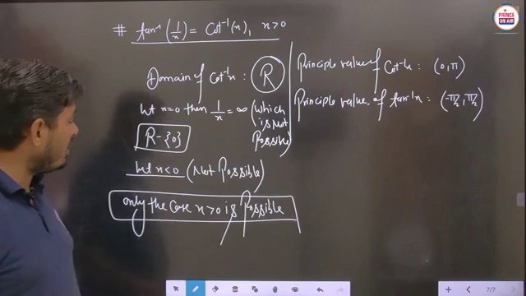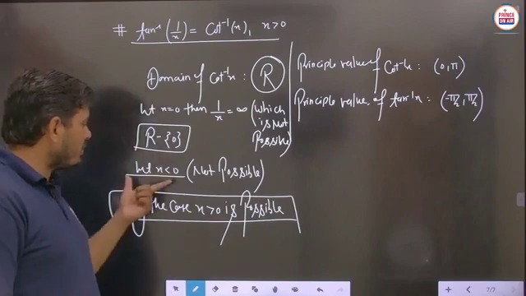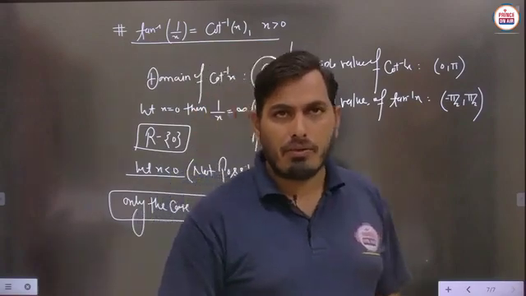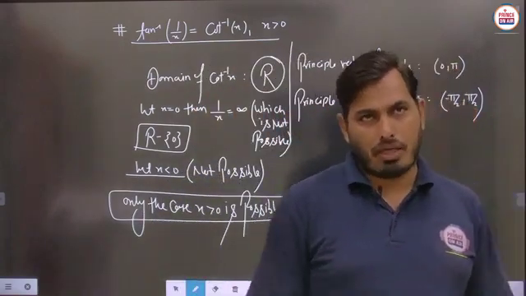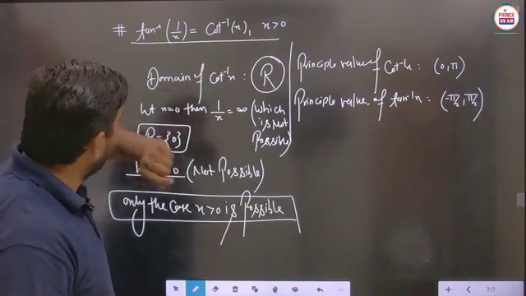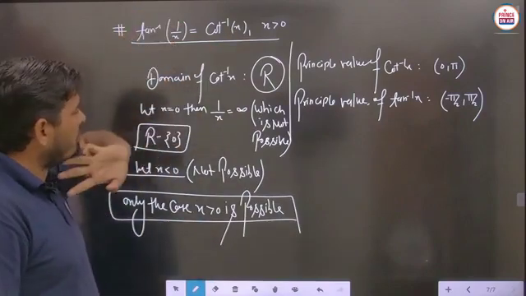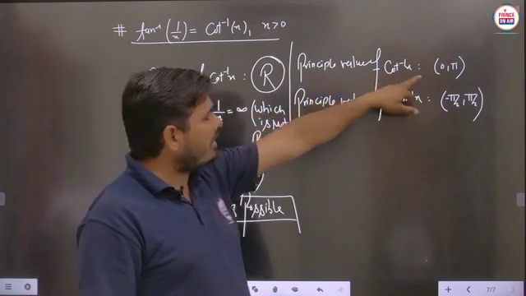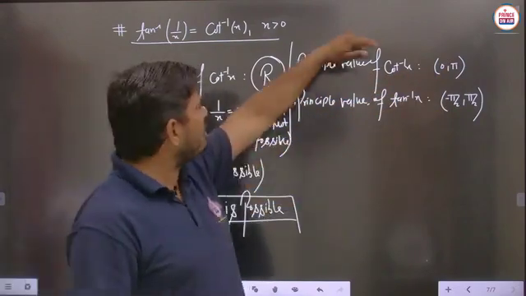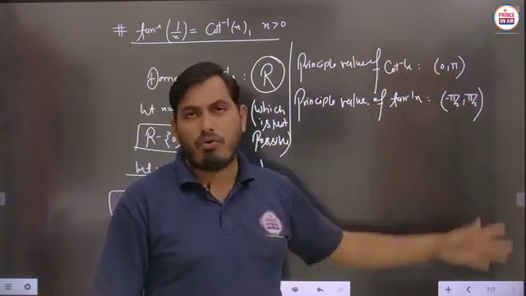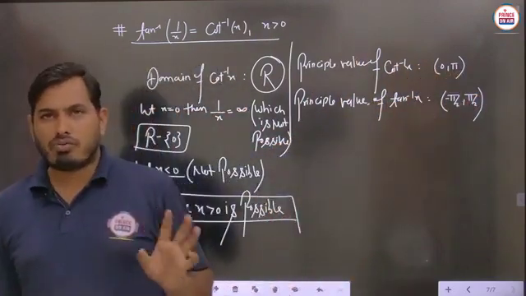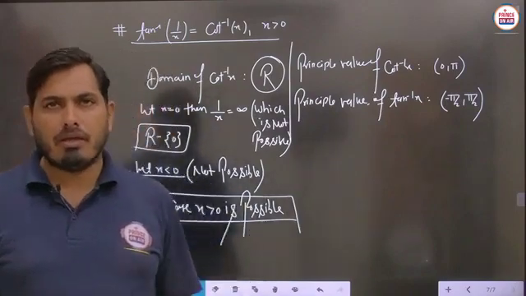Now the remaining other condition we are taking: suppose x is less than 0. Suppose x is found to be less than 0. Then definitely negative values are to be included on both sides. Cot inverse has the principal value in the first quadrant as well as in the second quadrant. So in this case you will get the positive answer, but in this case you will get the negative answer. So definitely it should not be satisfied here.